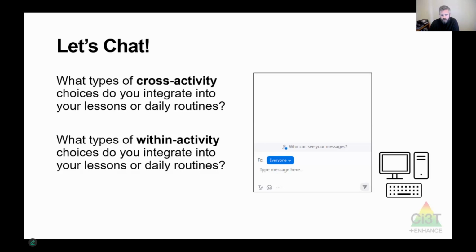That's great. Ooh, choice of math tools. I love that. That's a good idea. It's a good within choice activity. Work with a partner or independently. That's a classic. Choice in subtopics.